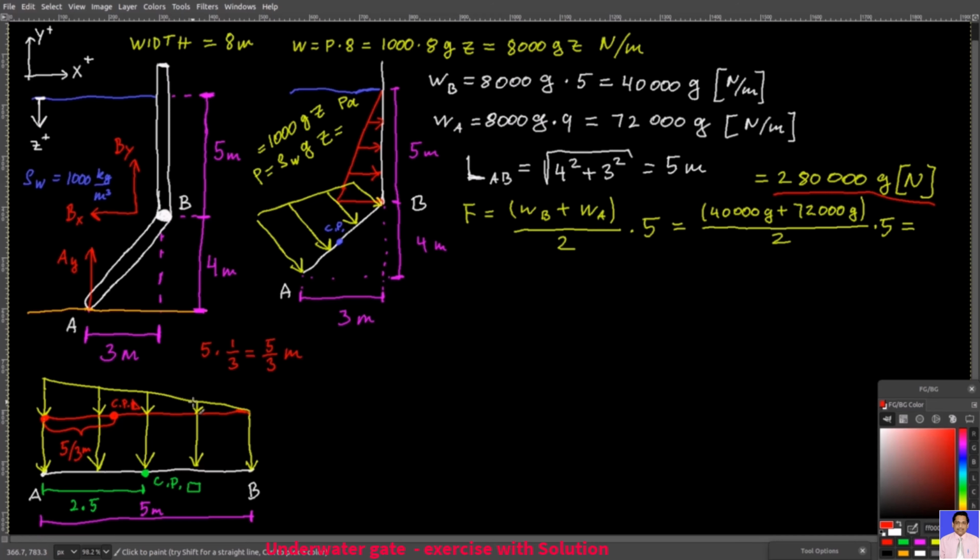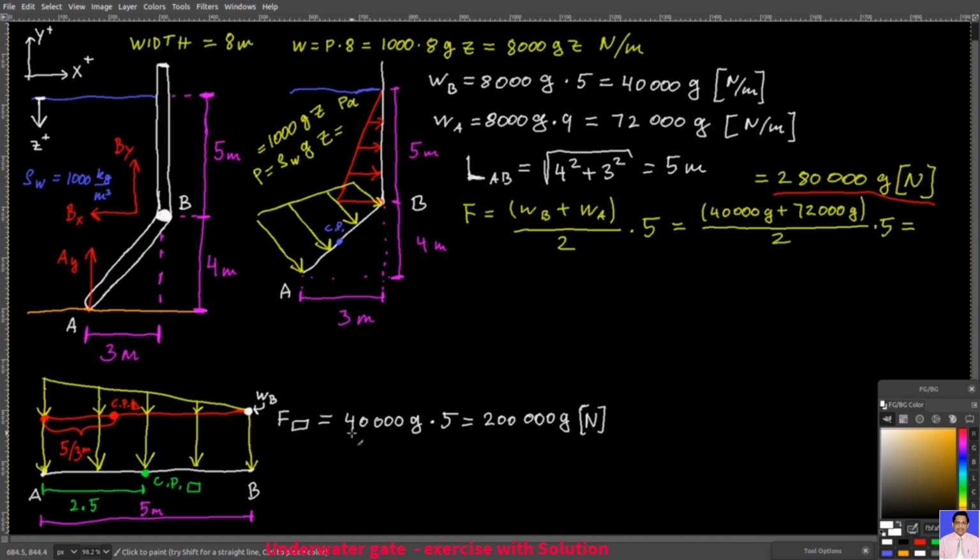And this is how you do it. You calculate the total force for both sections, the rectangular and the triangular one. The total force due to the rectangular section is the area of this rectangle. You know that your WB is 40,000 G newtons per meter. So that's this one here. So you have 40,000 G times 5, which is the length of the gate, and that will be 200,000 G